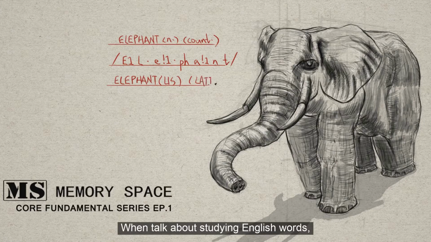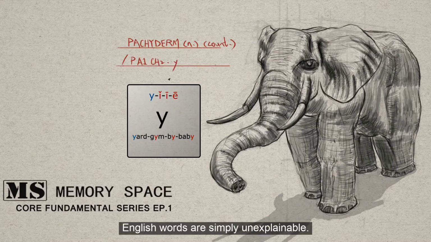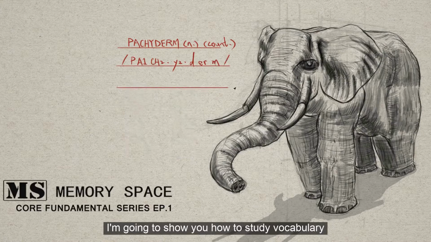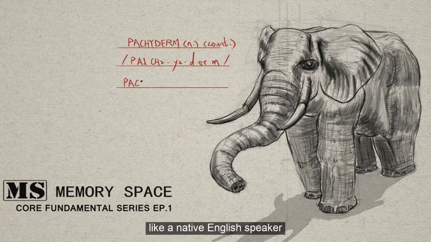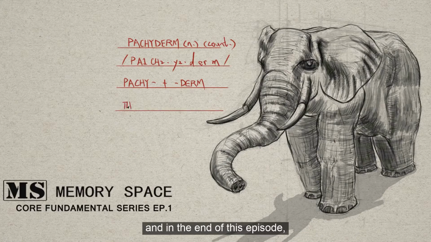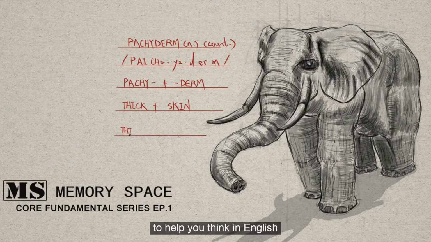When talking about studying English words, people usually think there's no systematic and reasonable way to do it. You can only feel it. English words are simply unexplainable. In this episode, I'm gonna show you how to study vocabulary like a native English speaker by understanding core fundamentals of English, the science behind English. And in the end of this episode, I'm gonna show you a feasible solution to help you think in English